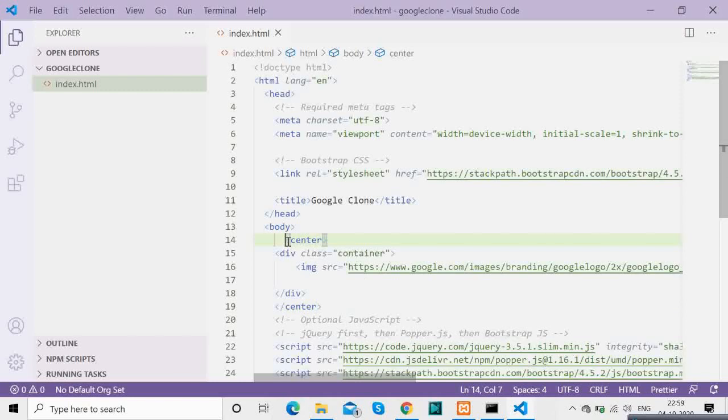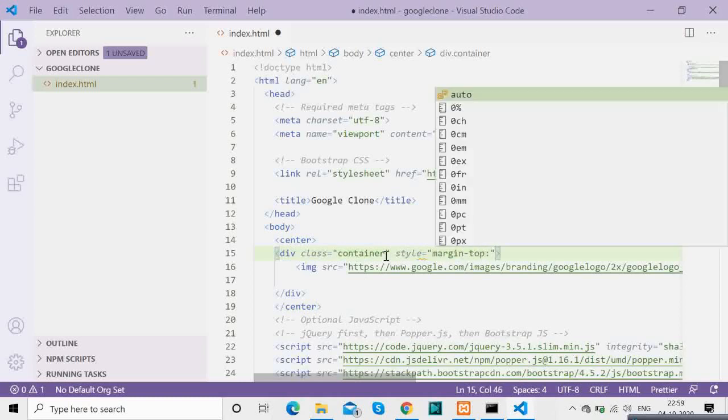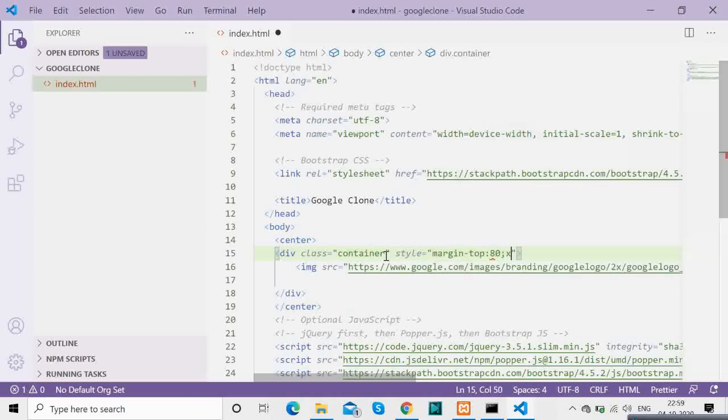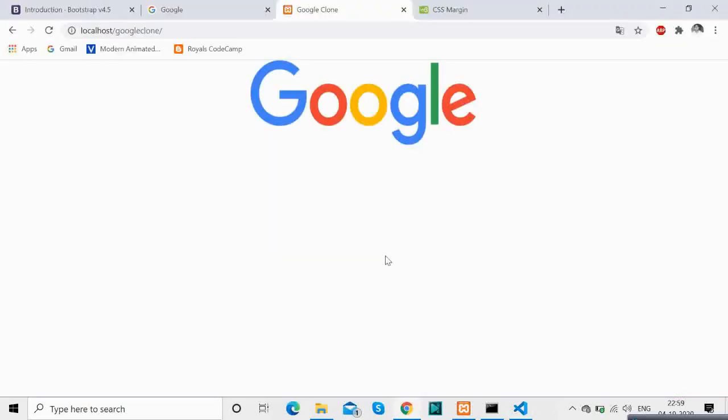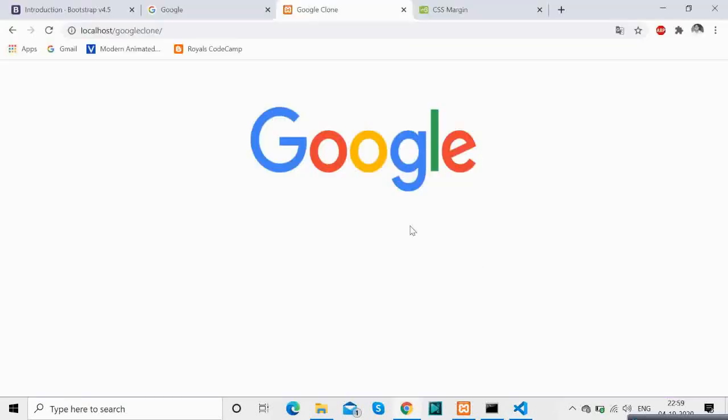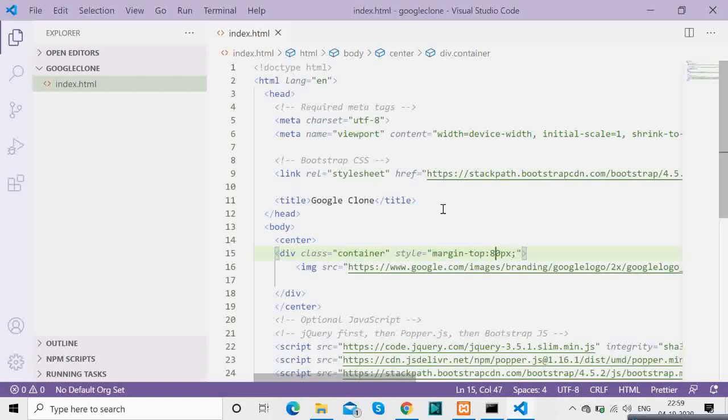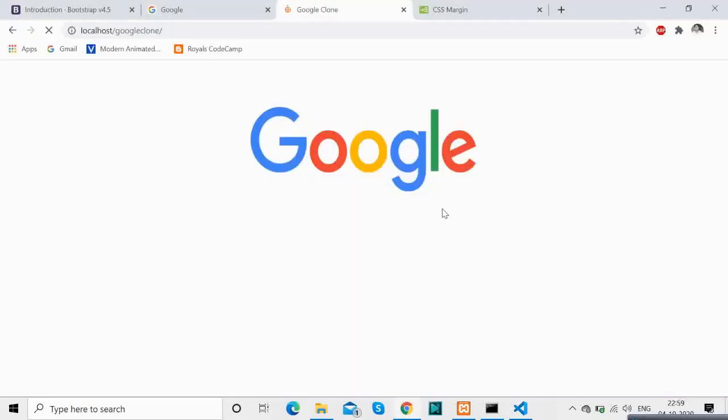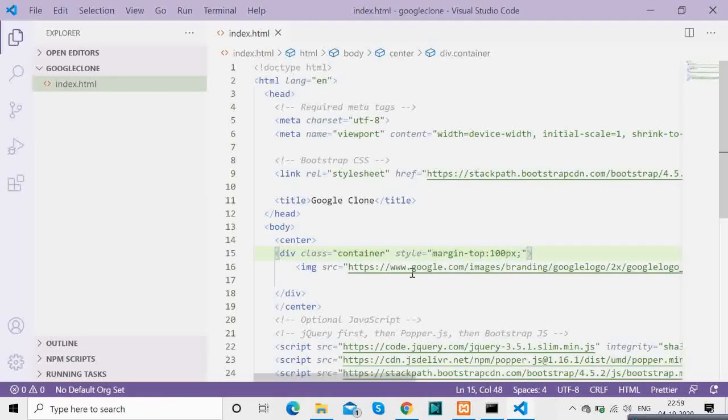So we are having a little bit of margin at the top so that it aligns properly. So we are having an input field where we will write the search queries.